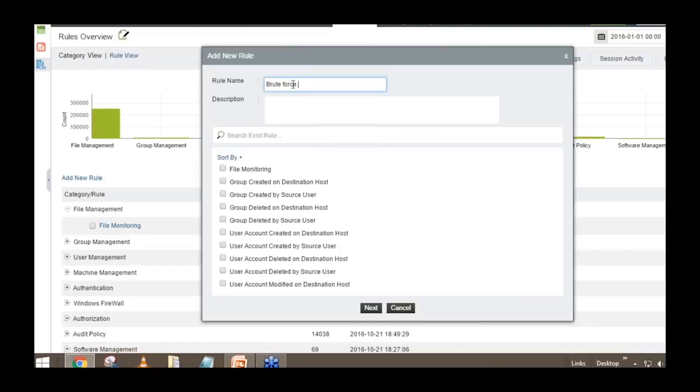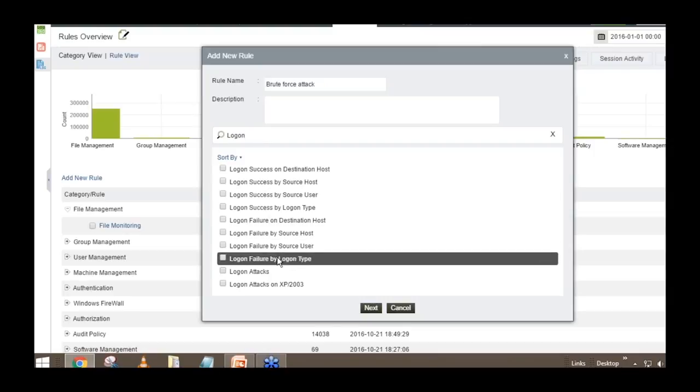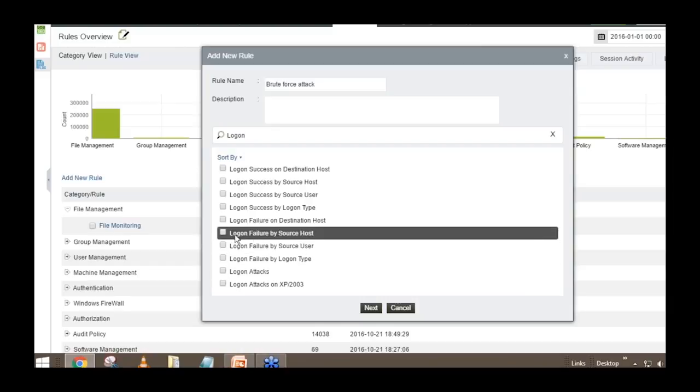Now, I was talking about building your own logic, which is correlation. That's right here. So I go to correlation. We have some predefined correlation rules. If you expand, you have separate categories for that. Now, if you would like to build your own logic, let's say you'd like to parse the logs and then get information pertaining to any brute force attack. So you are going to build your own logic. You just go to add new rule,